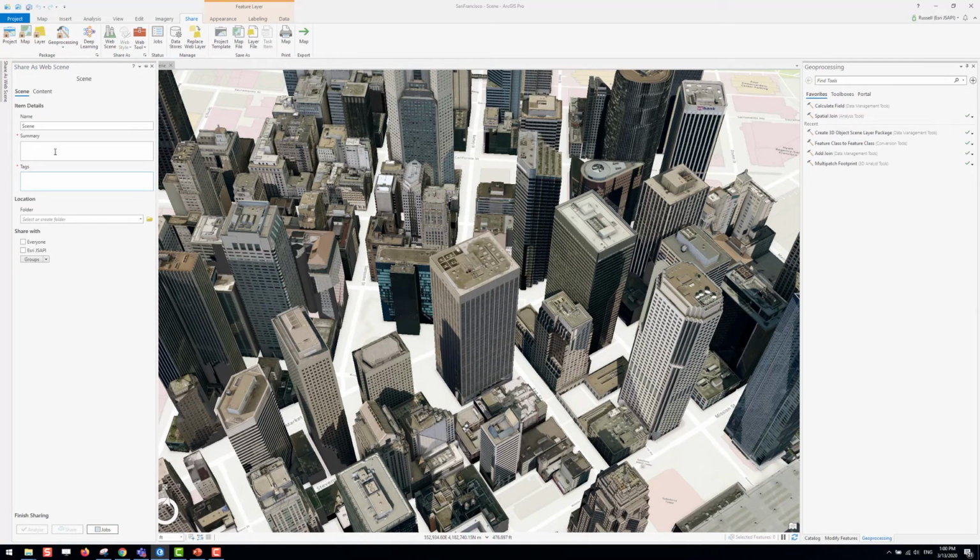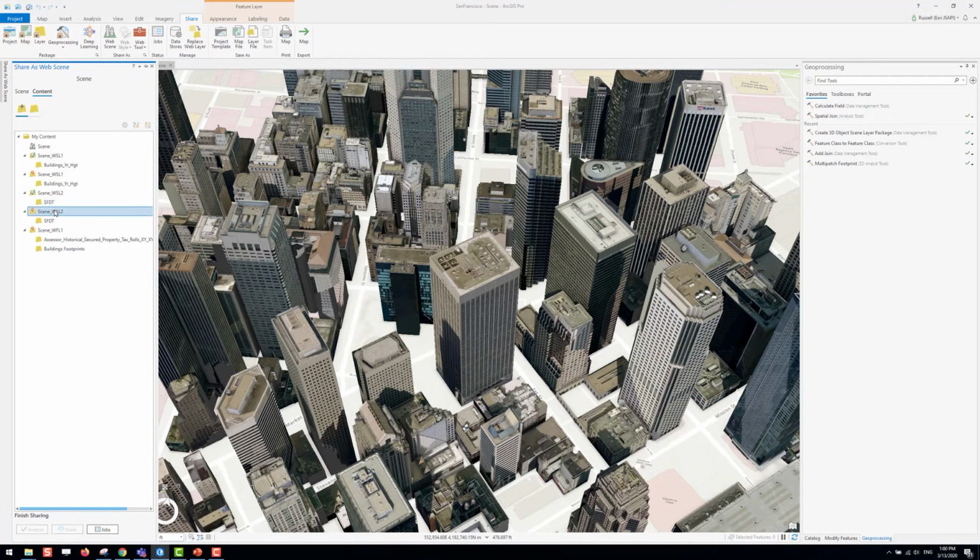And this will give me the option to publish up a web scene first, set up the sharing, and then I can go into the content. I can see what is being generated here. I can remove the layers I want. But in the case of the building scene layers, we might only want to have those building scene layers